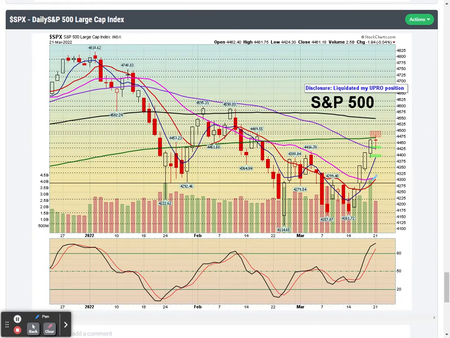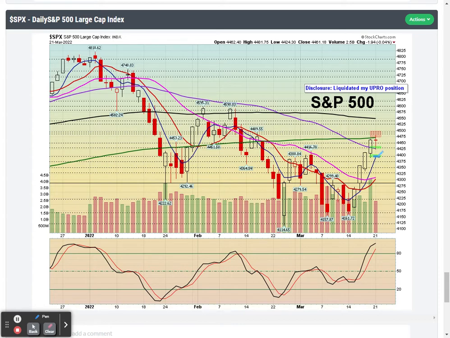Okay, back to the daily chart. Today it tried to push above the 200-day moving average. That's the green line. And it ended up reversing lower, closing between the 200-day moving average and the 50-day moving average, where it found support. These levels are the same ones I mapped out last Friday.